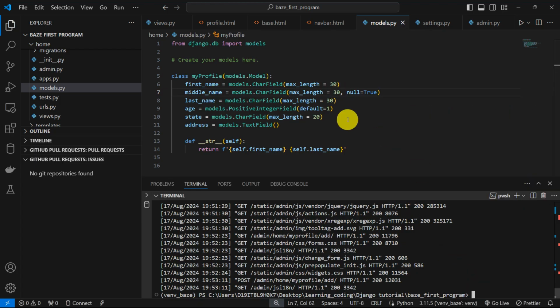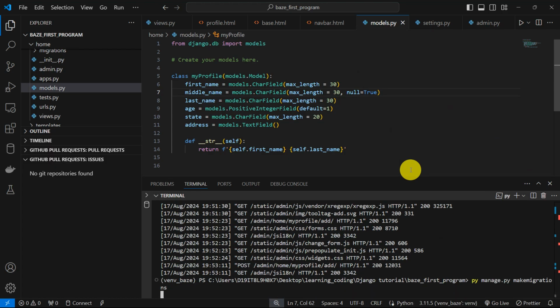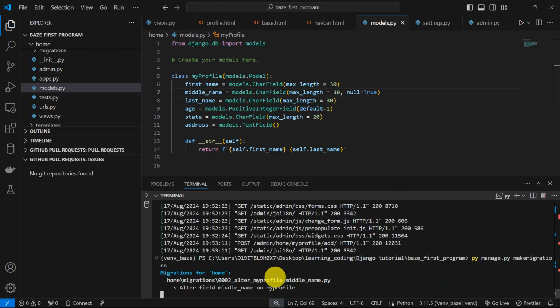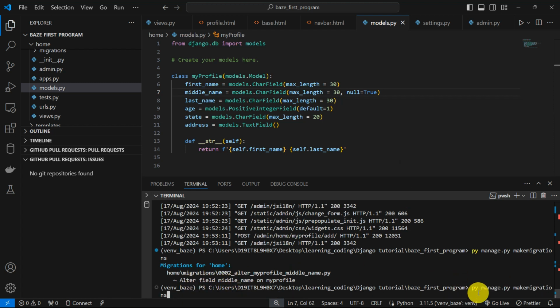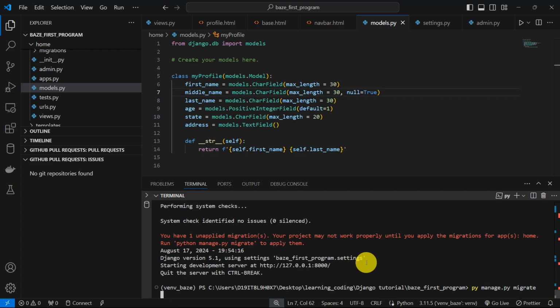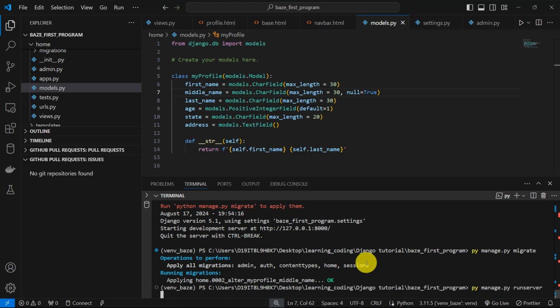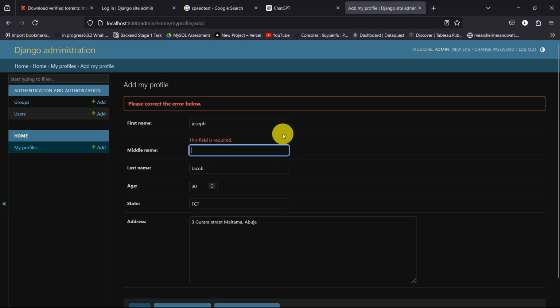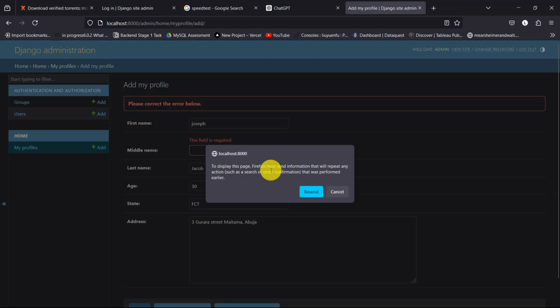And like I said, anytime you make any changes, you need to make migrations. It tells me that I've altered field middle name. And oh no, I'm not supposed to run server. I'm supposed to migrate. Then I can now run server. So by the time I refresh this,